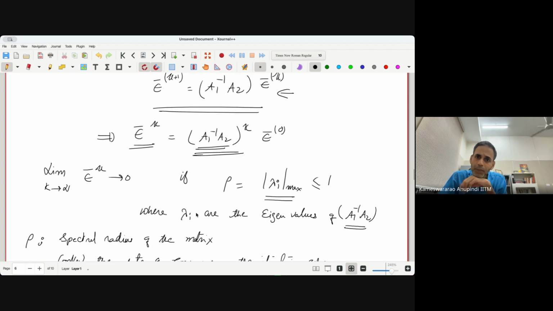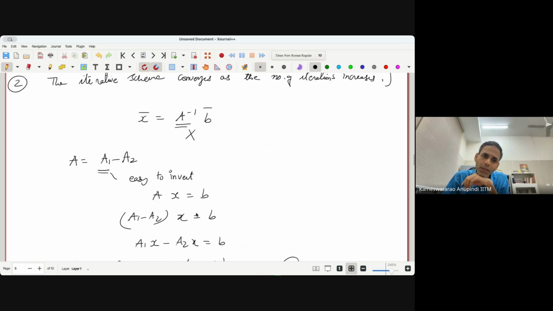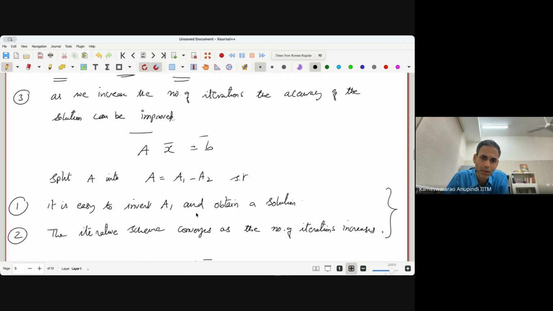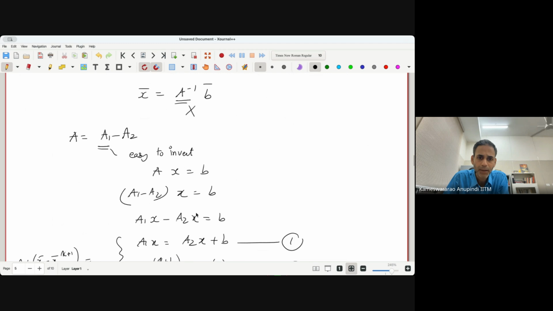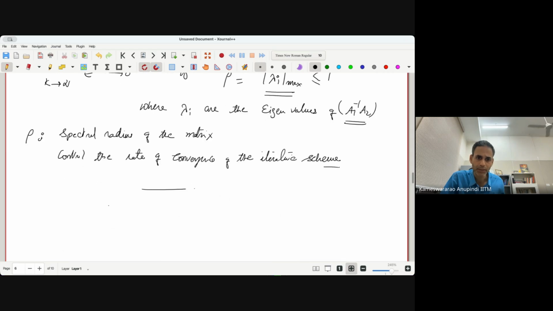With these things, we have a couple of different methods, which are known as the Jacobi method and the Gauss-Seidel method, and then there is something called successive over relaxation, which are all iterative methods that we're going to see in tomorrow's class. How do these methods work? We're going to see them tomorrow.